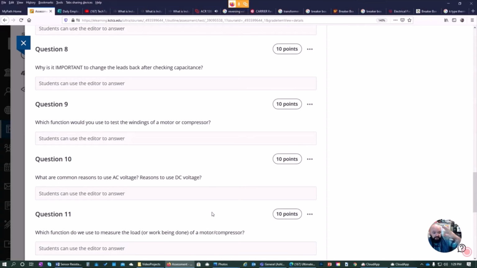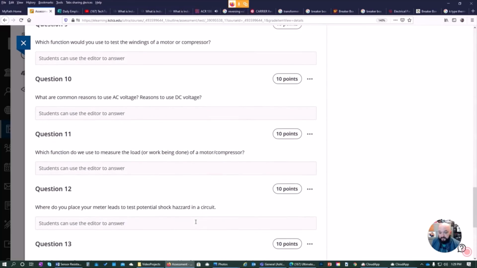0, 5, 10, 15, 20, 30 to 100%. DC voltage is much better for modulating things like actuators, dampers, whatever, inverted compressors. They will be converted to DC voltage. How will you know which one? Read the data tag. Which function do we use to measure the load or the work being done of a